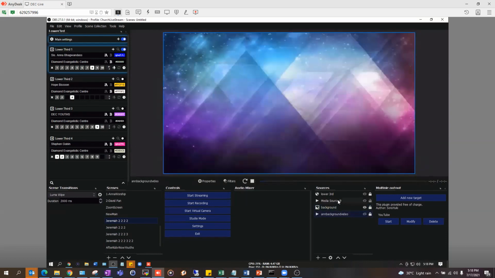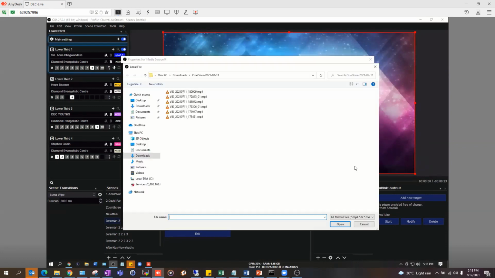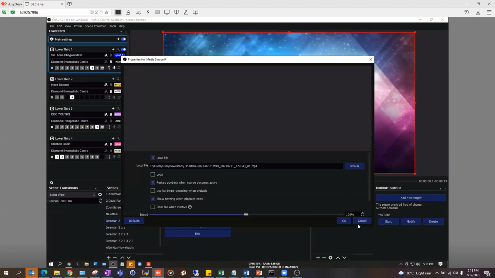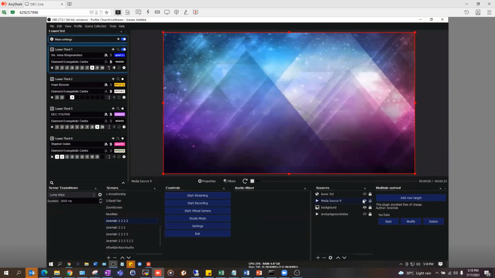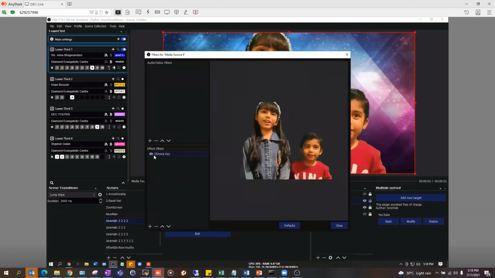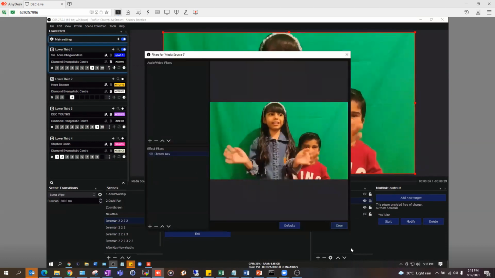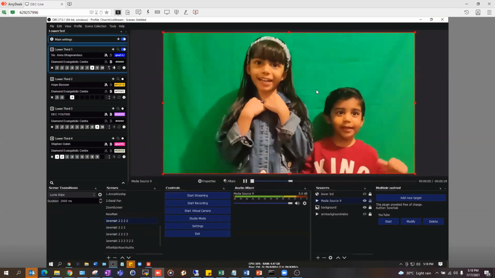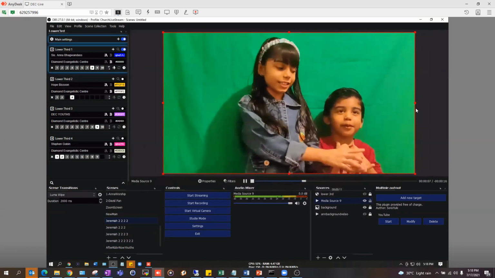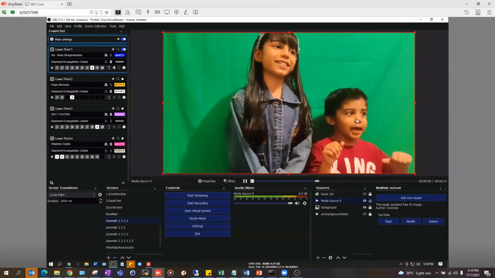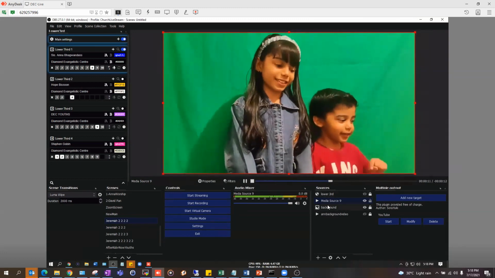Leave the picture, right? And I want to put a video in front of it, a video that is already shot in front of a green screen, right? Let me show you how it would look originally. It would look like this, right? But we don't want to see that, right? We want to get rid of all the green that we see and make sure that we could see